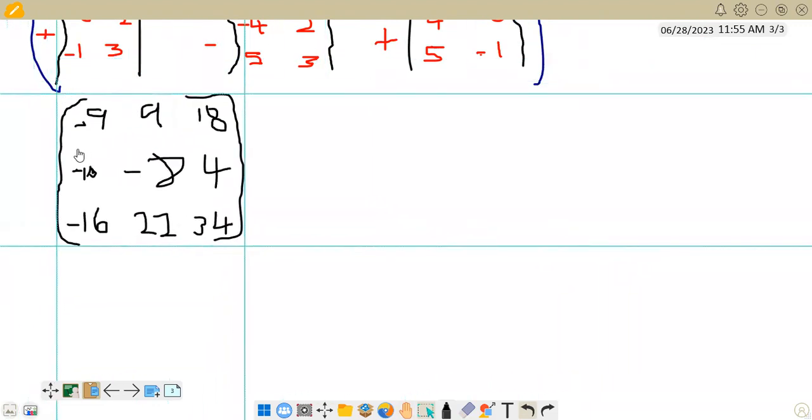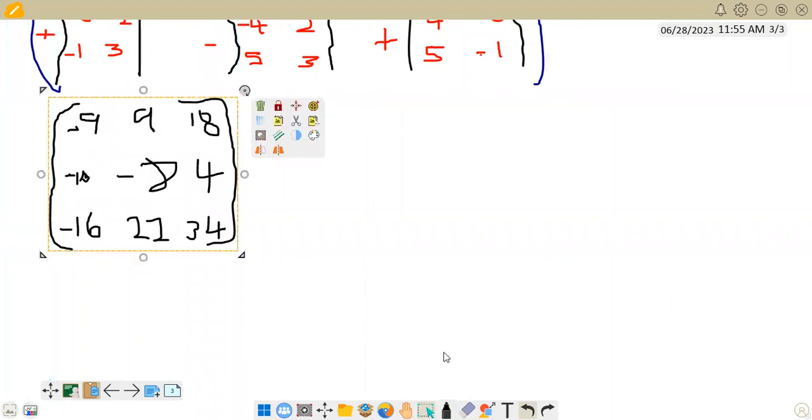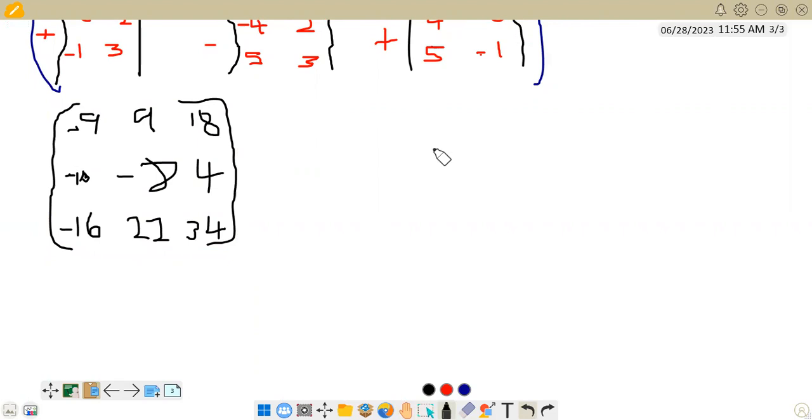Yeah, so that's our result. Now, to form an adjoint, now that we have the results from the cofactors, we need to find the inverse. Our inverse will be like A